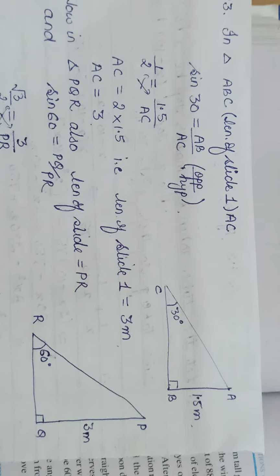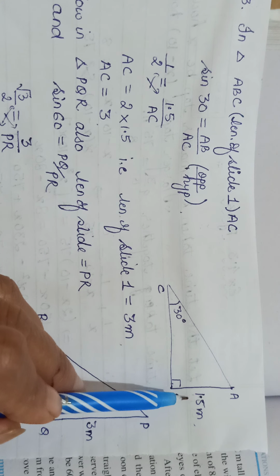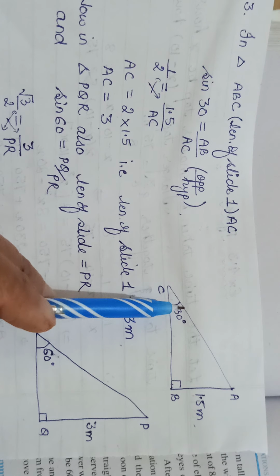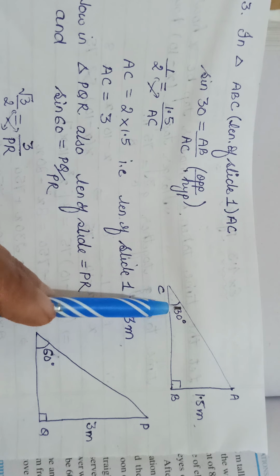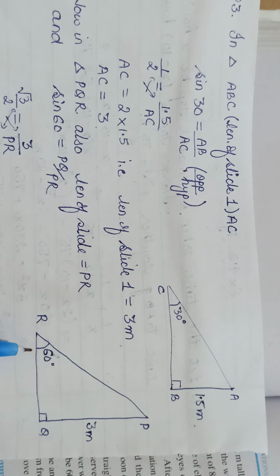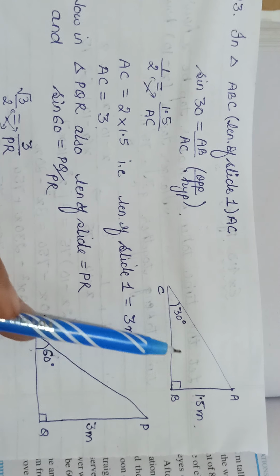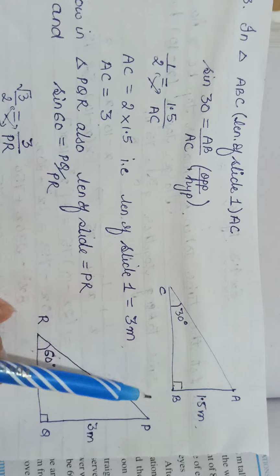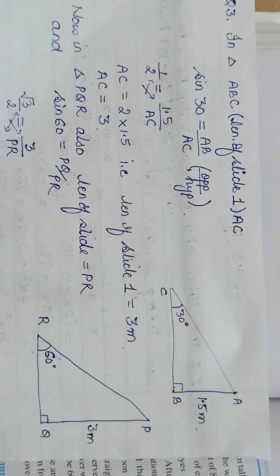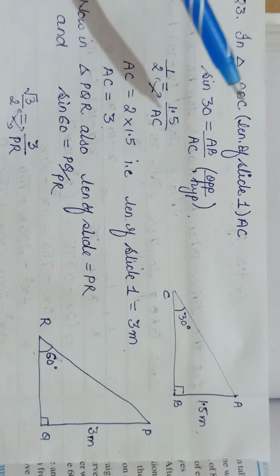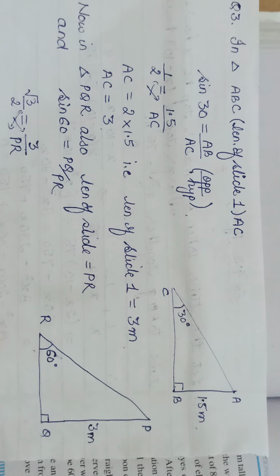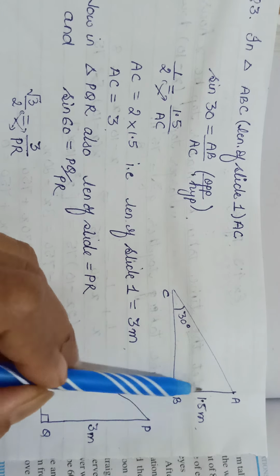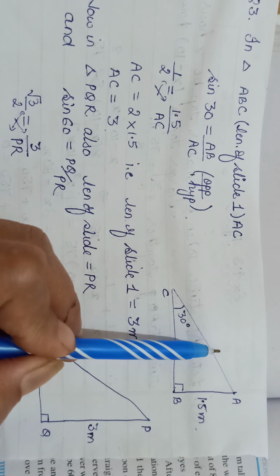These are my 2 slides that are being formed. One at a height of 1.5, the other one at a height of 3 meters. Inclination of the first slide, ये slide है हमारा, is 30 and of the second slide is 60. Okay, obviously again a right angle triangle is being formed. जब आप यहाँ पे ground लोगे, ground and horizontal height means always a right angle here. Okay, so for the first one we would say there is a right angle triangle ABC, in which again we are going to apply trigonometry. So this is opposite to the angle and hypotenuse is what we need to find.